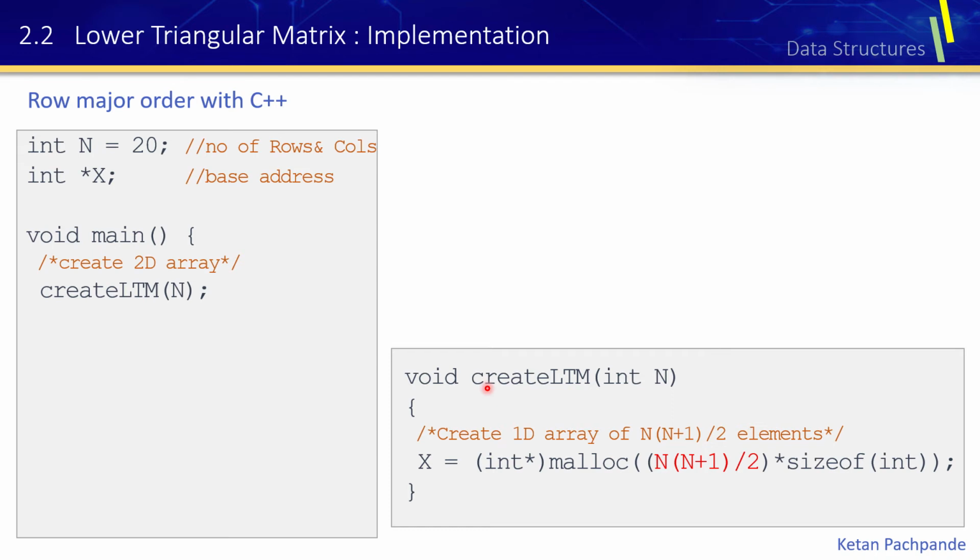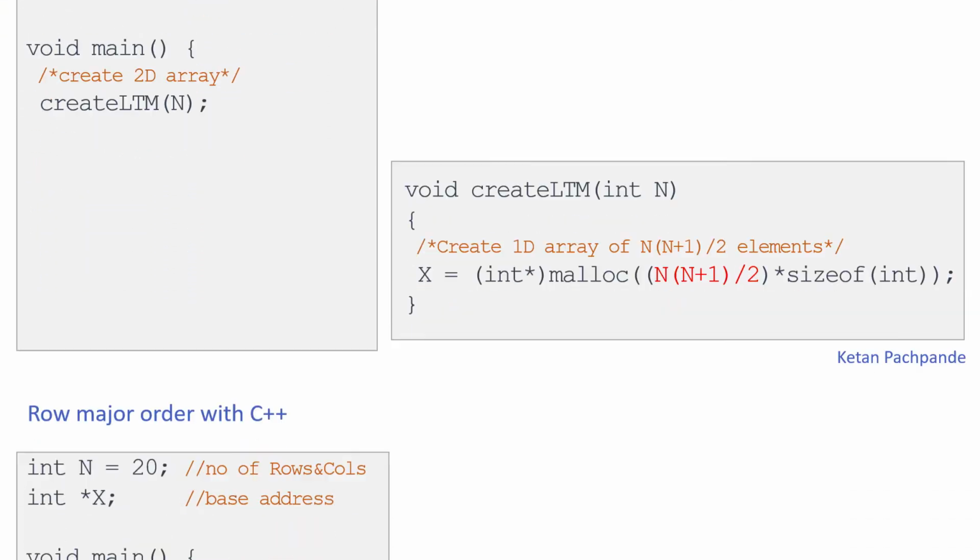So it's very simple to allocate the memory for the low triangular matrix. Just calculate the total number of elements and accordingly, I'm going to allocate the memory. Now, once you allocate the memory,